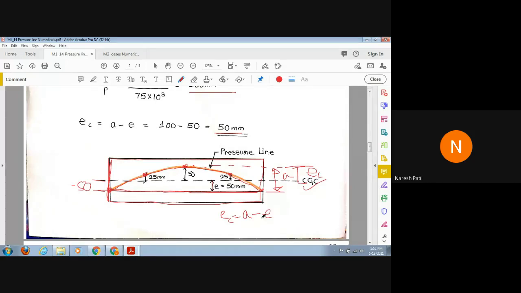Okay. Do you have any doubts here? Does anyone have a doubt in this problem? How to locate the pressure line? See, this is the same as the force concept method. I have solved similar types of problems in the force concept. It is the same. Anyone having a doubt here?